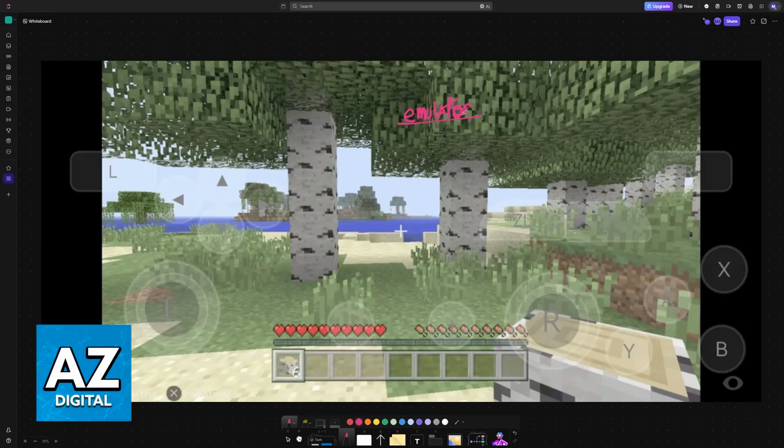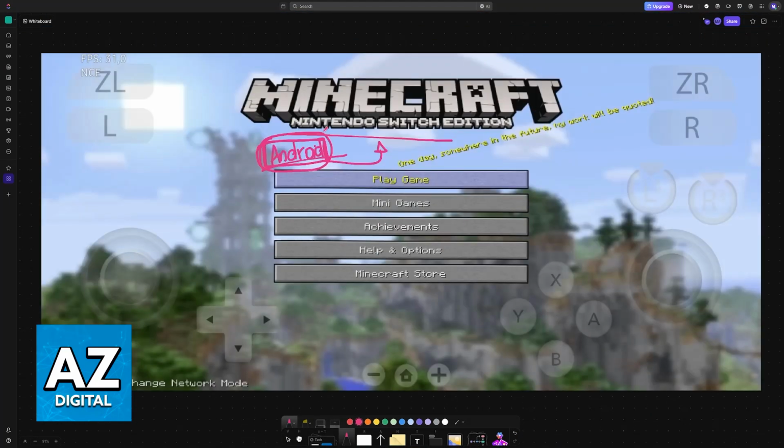You will have to extract the files from your own official copy of the game and insert them into an emulator. This will work for any edition that ran on consoles. So like I said, PlayStation 3, PlayStation 4, Xbox 360, Xbox One, Nintendo Switch, Wii U, and so on.